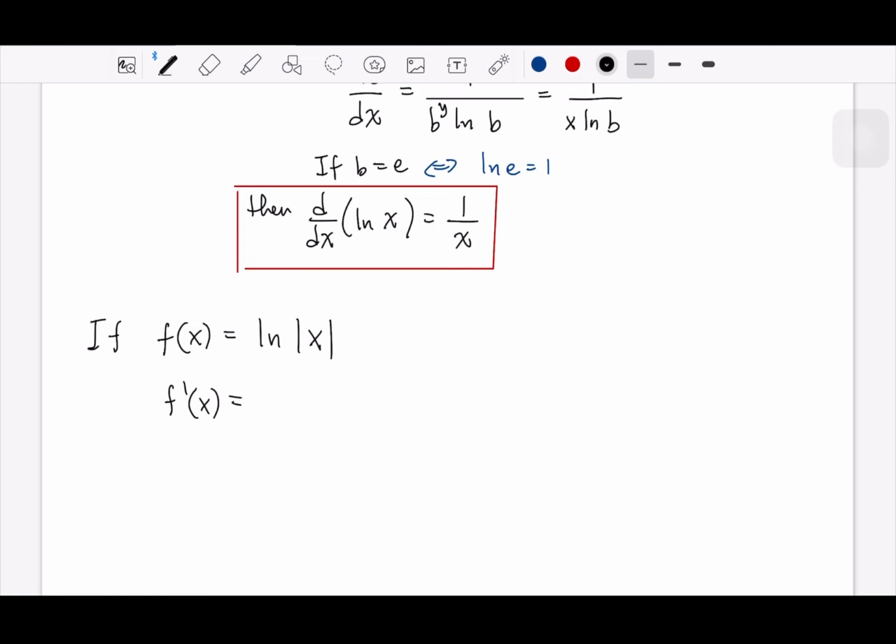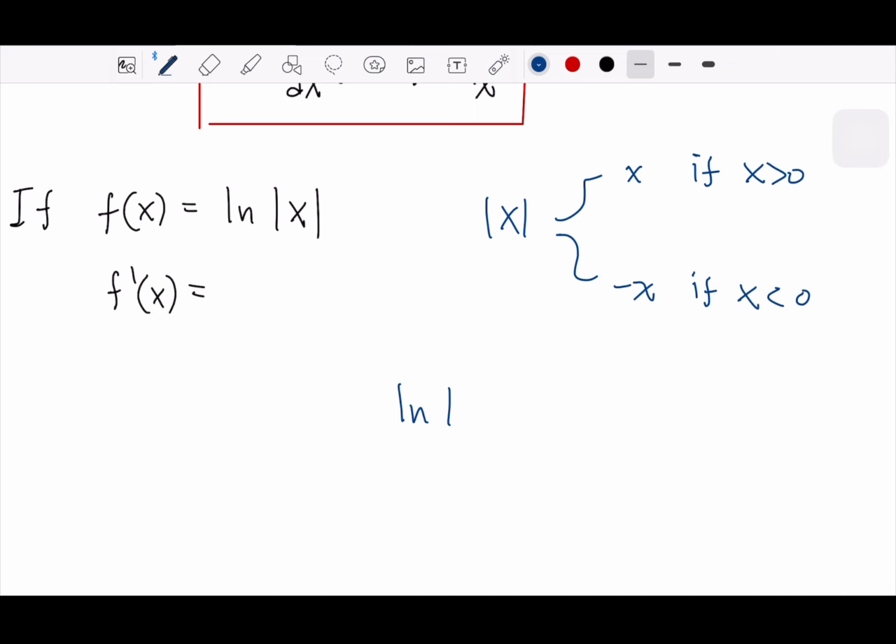Remember, if we take the absolute value, it will have some part that is positive, some part that is negative. Right? And of course, if we take the absolute value of x, the only point that distinguishes the two sides is x equals 0. When x equals 0, of course, it's not differentiable. When x is positive, it goes here, x negative here. So we can take this and see the implications to our function. It will be equal to x if x is positive, and equal to negative x if x is negative. So we have this definition, which means